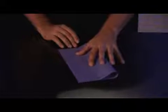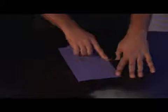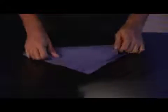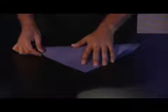It's right here, which is just a mountain fold in half like this, which is called a book fold, I believe. I'm going to open it up and do the same thing here, like so. I'm going to open it back up, fold it like so. This is called a sheet fold or shawl fold, or however you want to call it. I've been calling it sheet all my life, so that's how I know it, as a sheet fold,